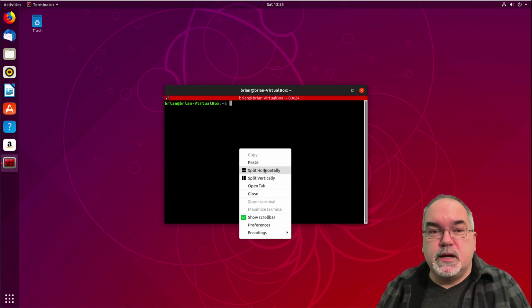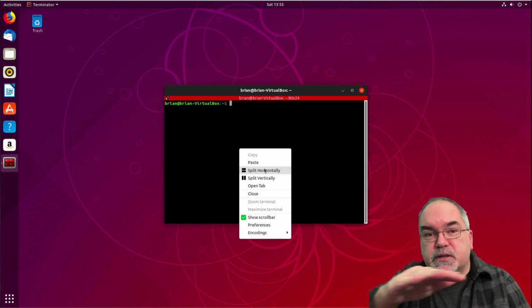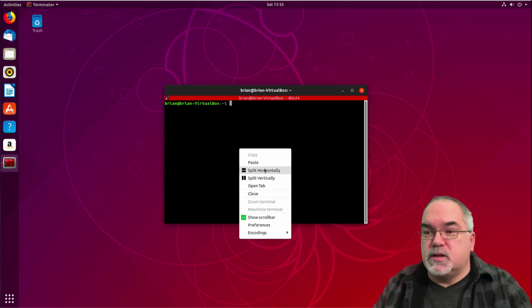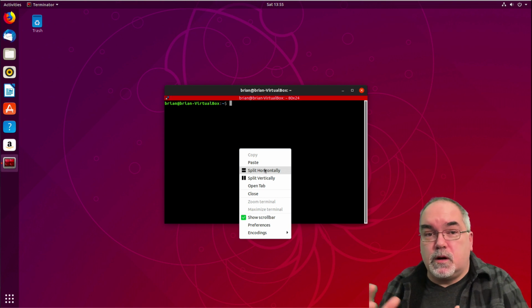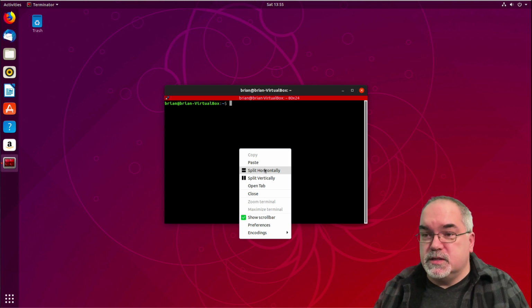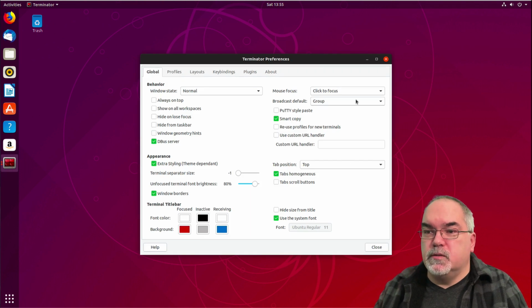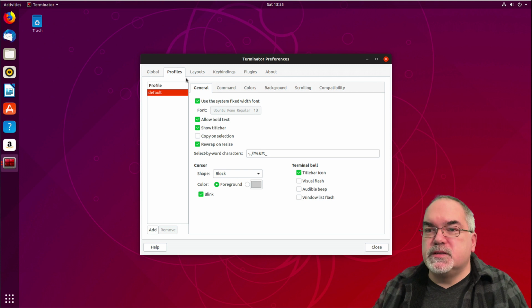But you can split the screen vertically, you can split the screen horizontally, and have two different things on top of each other or next to each other, or all kinds of complicated little configurations. There are preferences, which I will get into right now. I'm not going to get into all of these. But if you go to Profiles, under the default profile,